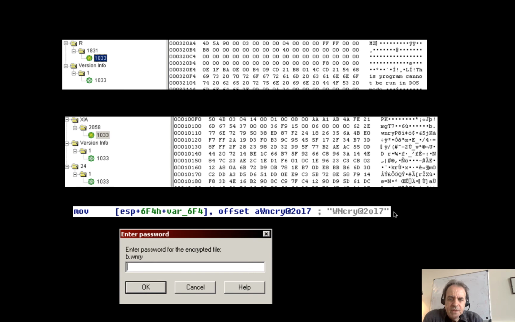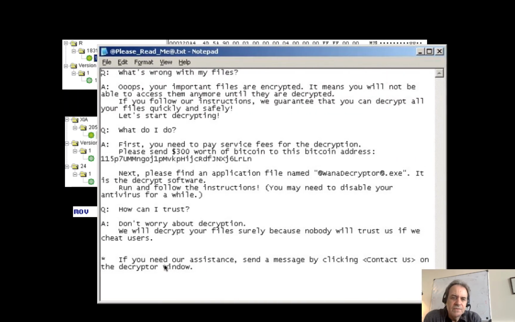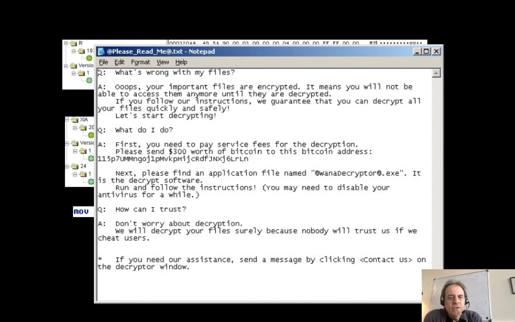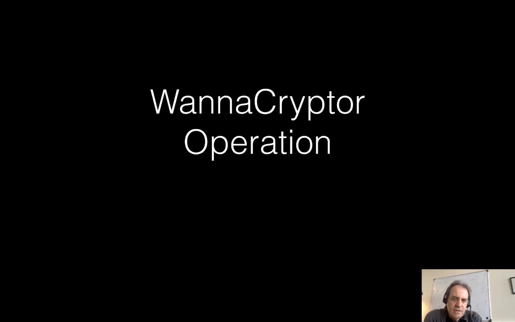So when you put that password in here, you can decrypt the associated files. It's also distributed with the malware as a file such as this, which gives you the details of the message that gets shown to the target.